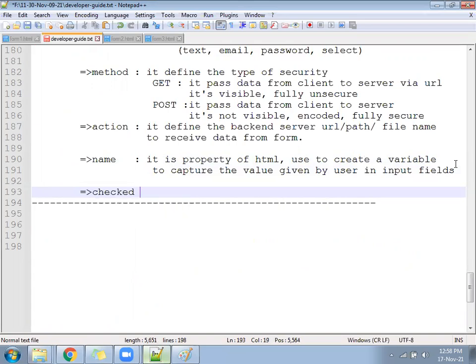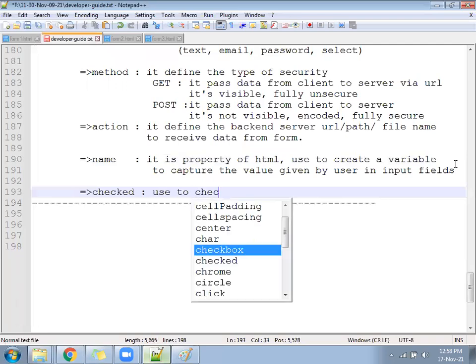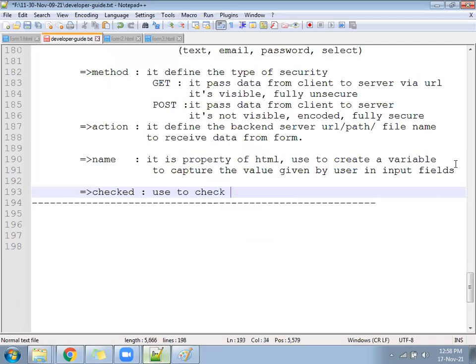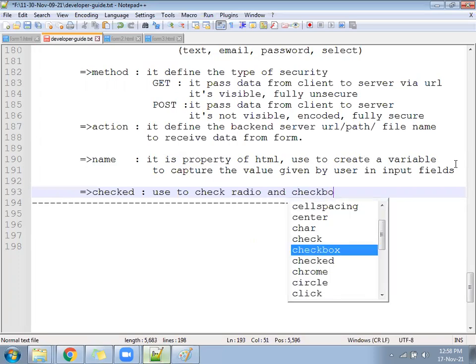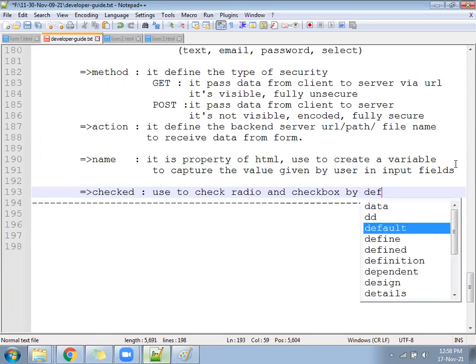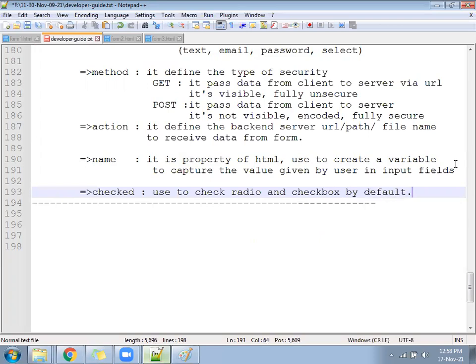It is used to check the radio and checkbox by default.